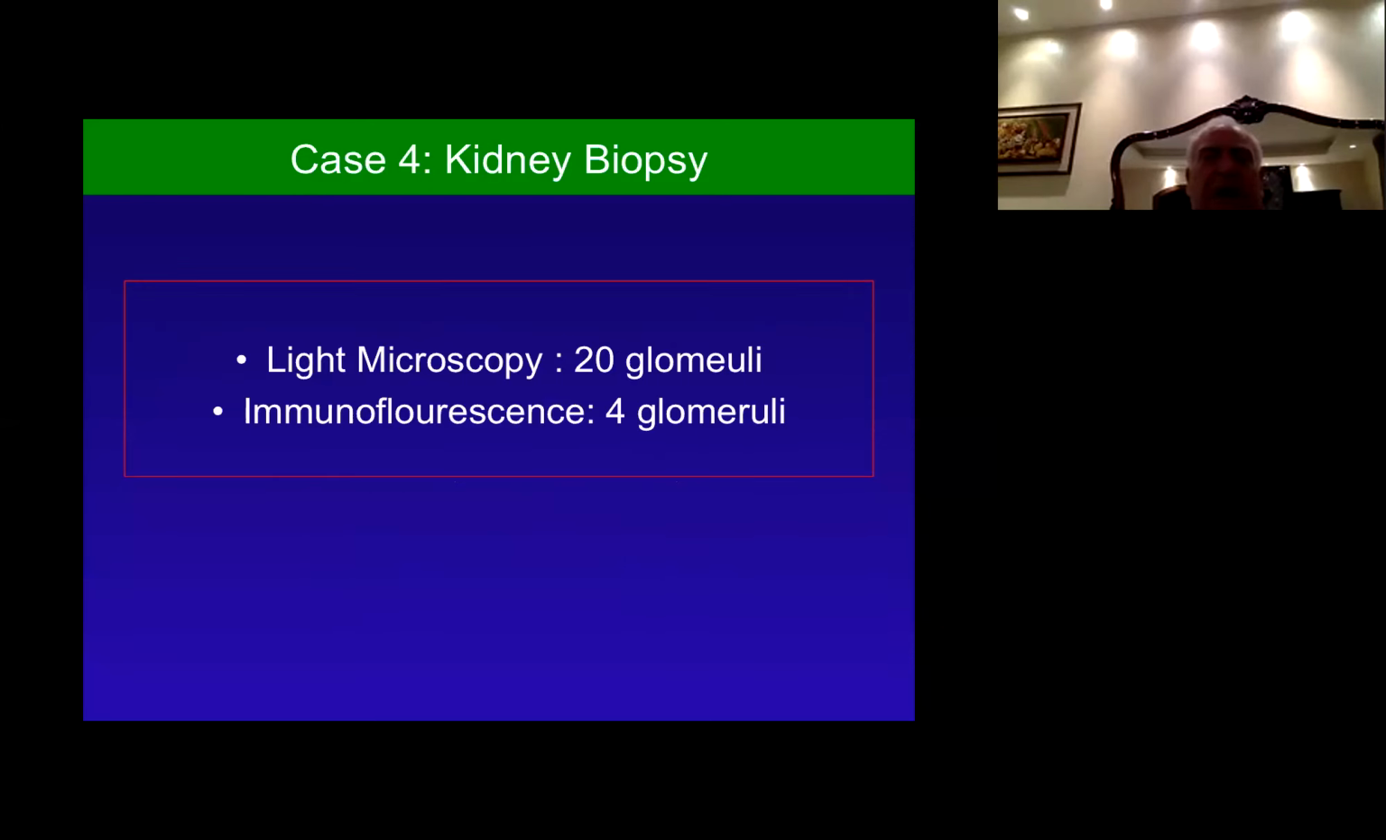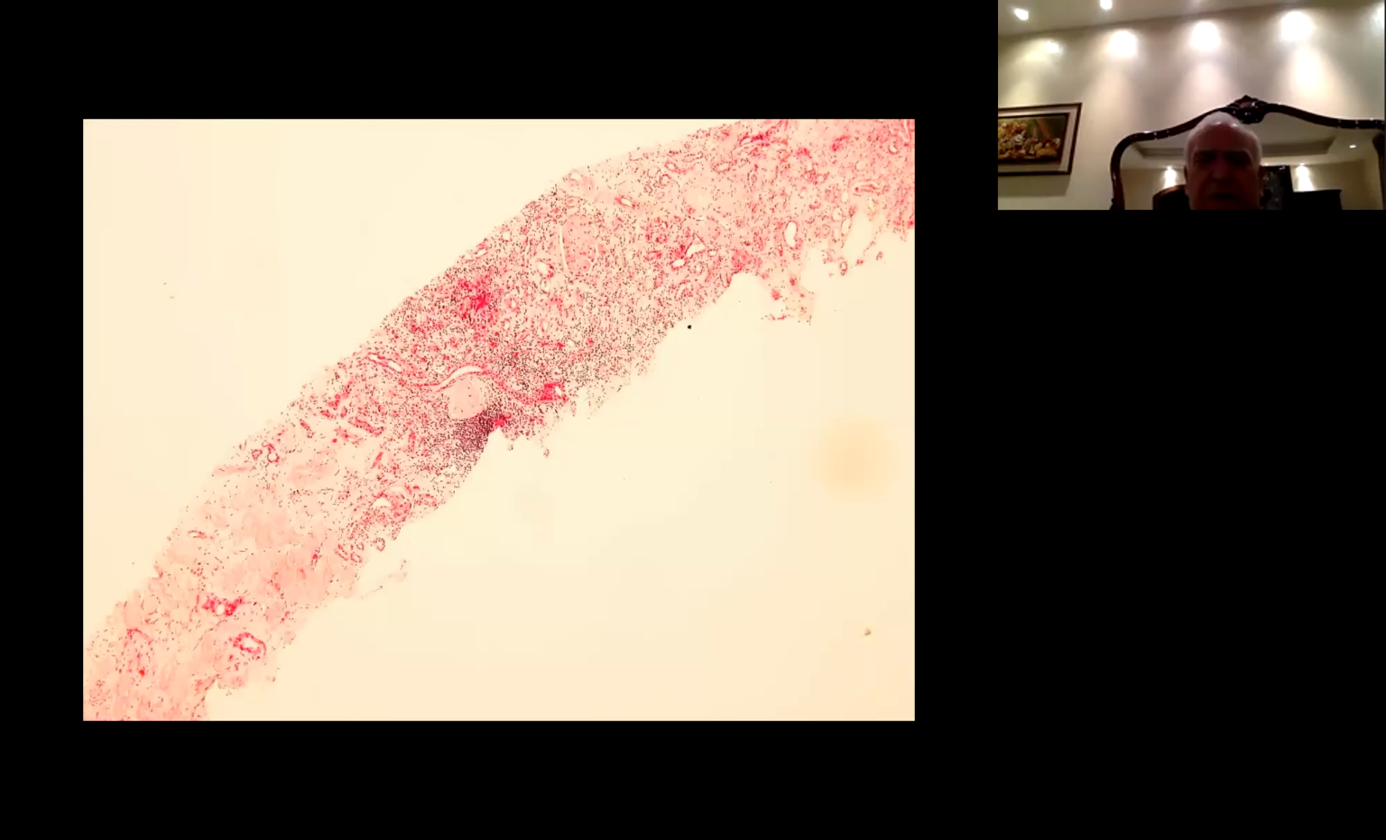Let's see the biopsy. 20 glomeruli for immunofluorescence. This is the kidney biopsy. What do you think? That's on light, low power. Anyone would like to describe what they see? Yeah, Shabab? There is interstitial infiltration, but